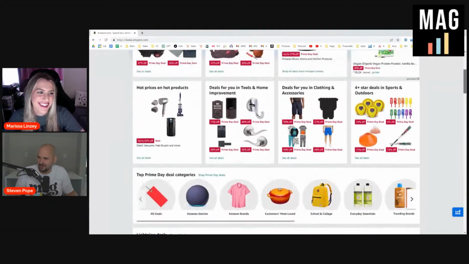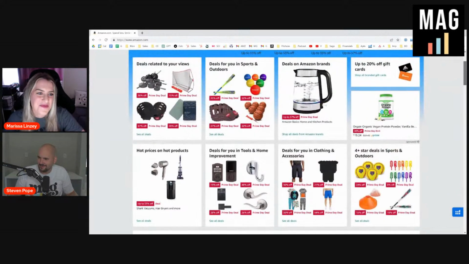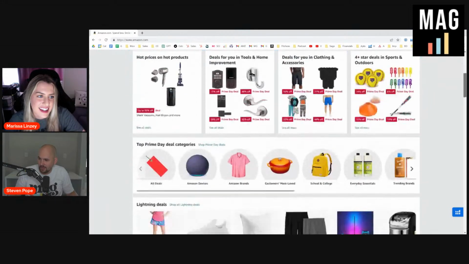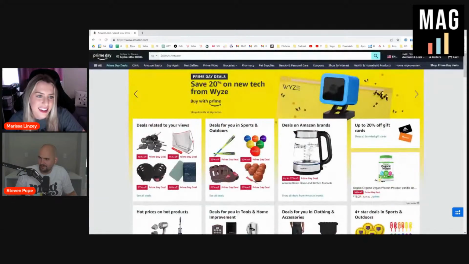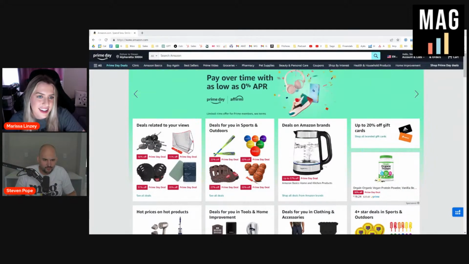But here's what Amazon.com looks like right now with all these Prime Day discounts, random stuff. I did pick up some water balloons for the kids. That was probably my favorite buy so far. I'll pull my order screen off screen for a second, and then I'll pull over my water balloon purchase so you guys can see that one. There we go. That was a good price. It's $15 versus the $25 it normally is, but it's 50% off.